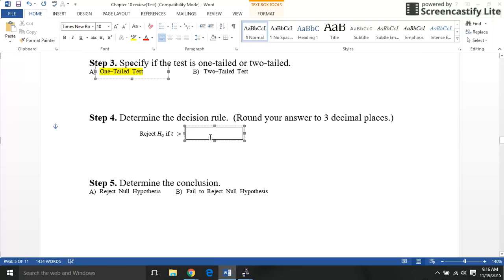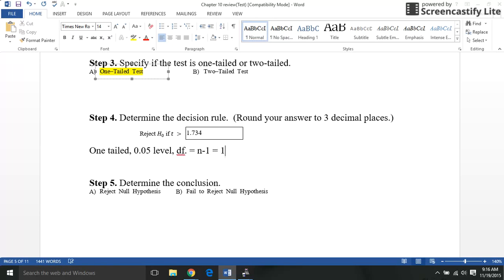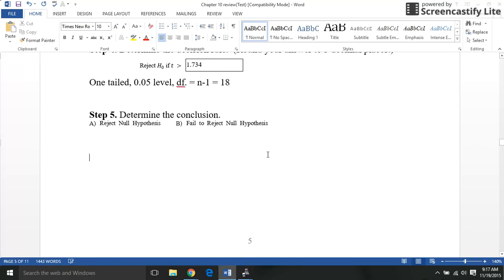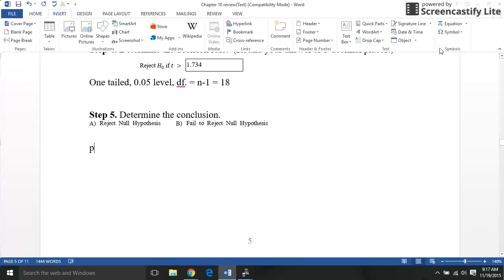So I go down here, and I know my value for that would be 1.734 because it's a one-tailed test, it's 0.05 level, and degrees of freedom equals N minus 1 equals 18. Okay. So you don't even have to use the T value to see if you're going to reject or keep the null. Remember the people, let me put this, eat fish,